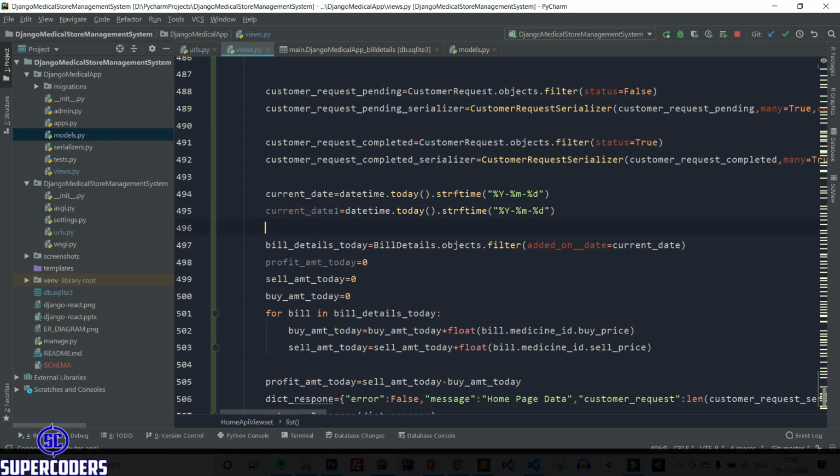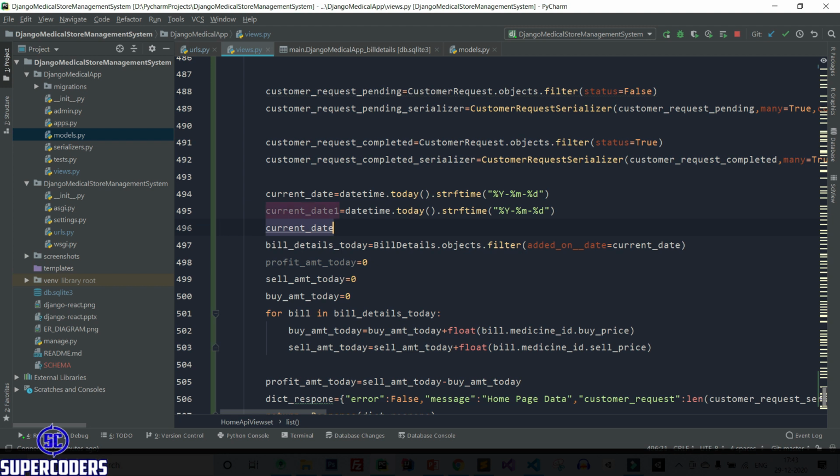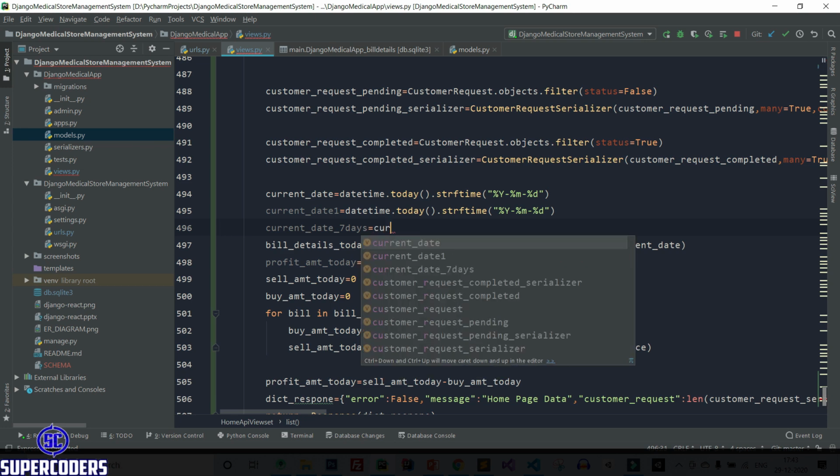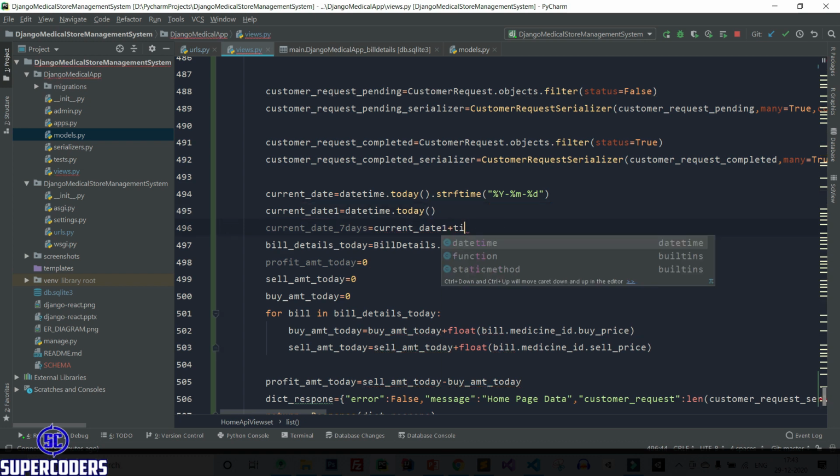After that, current date 7 days equal to current date 1, and remove this because we are adding sum of date, then plus time delta.